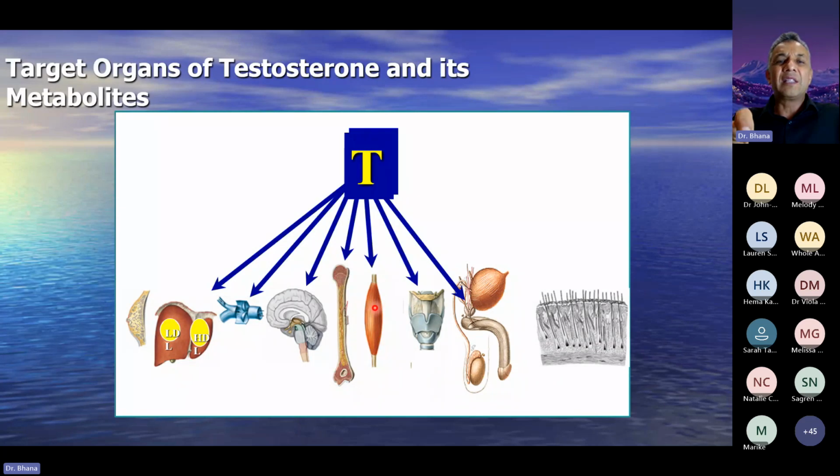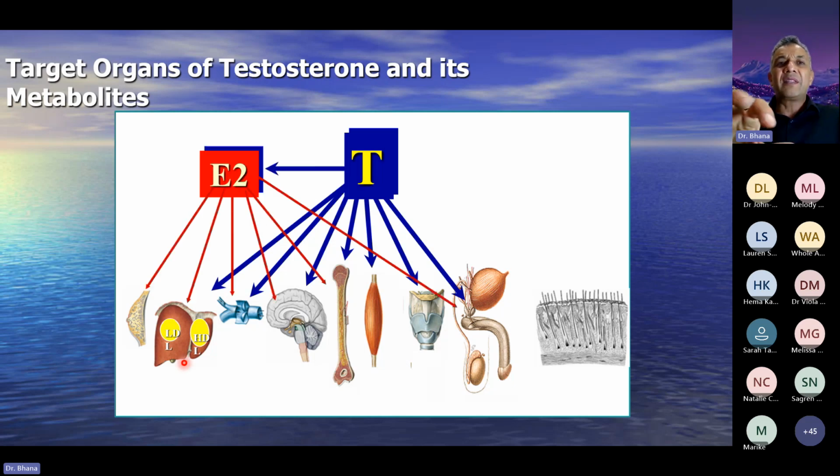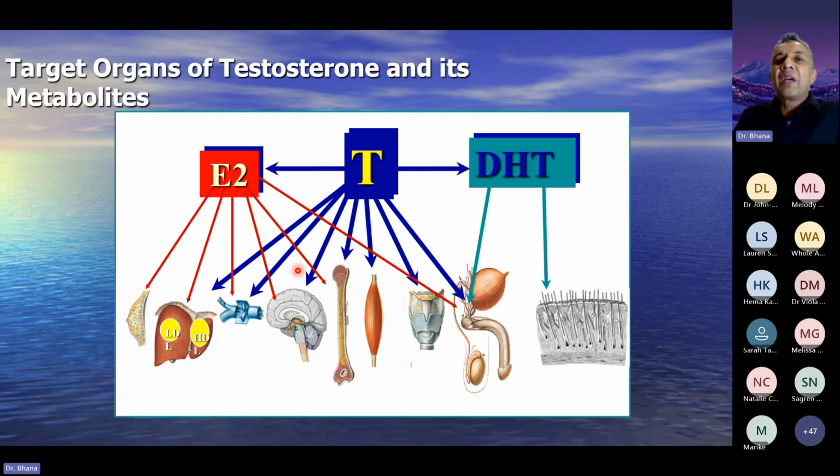Its influence on muscle is obvious. Its effect on bone is important. Cognitive function, in terms of what's happening from a cholesterol perspective, liver, and then we mustn't forget that it can aromatize to estrogen, which in itself can have an effect on quite a few organ systems. And then testosterone can become dihydrotestosterone, which has mainly androgenic effects in terms of its influences on hair and then